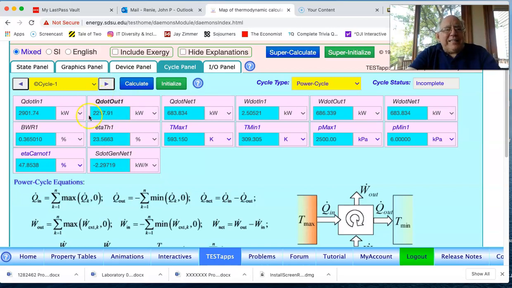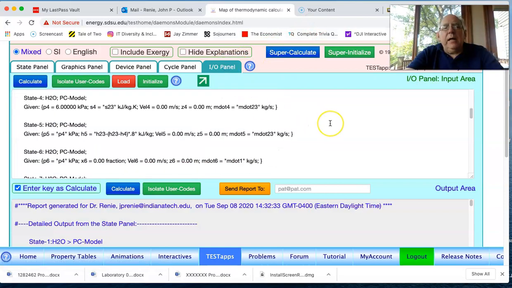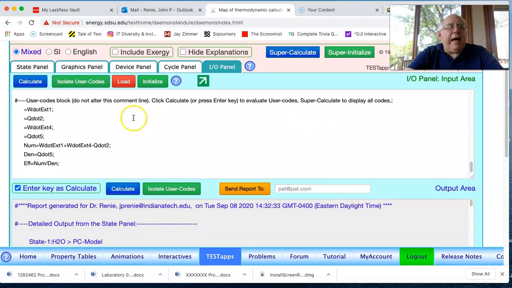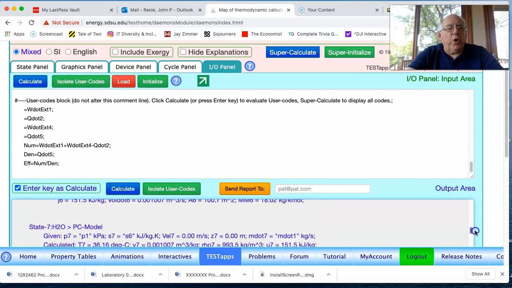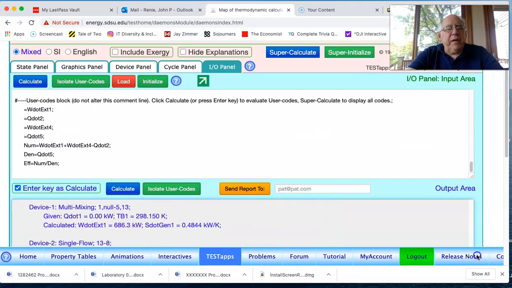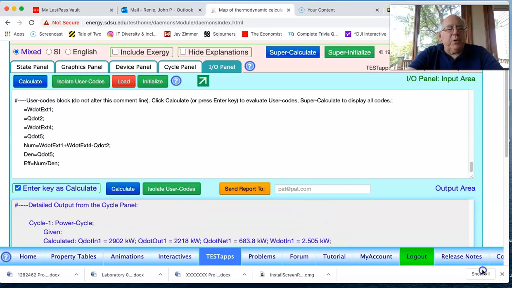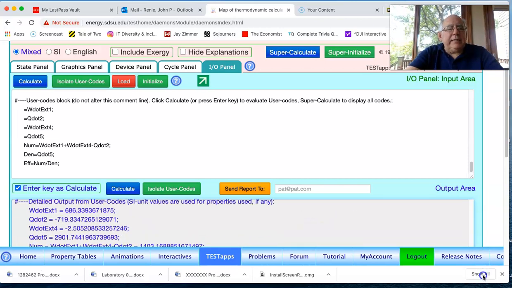And so there is some of this that needs to be added to the net work as the numerator of the thermal efficiency. And since this panel can't do it, in the I/O panel, I went ahead and had the I/O panel print out for us the pertinent pieces of information. And so what it prints out then is,